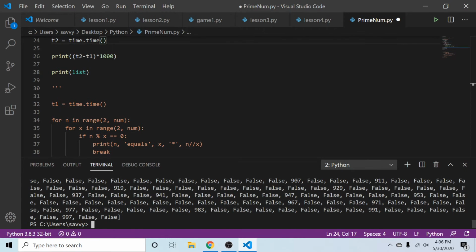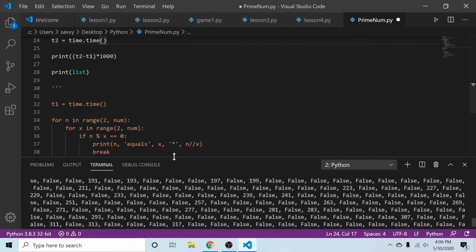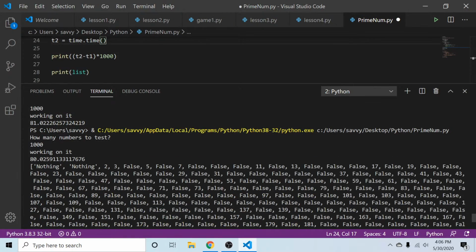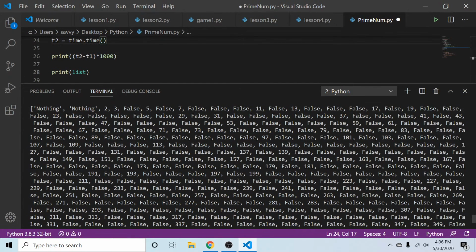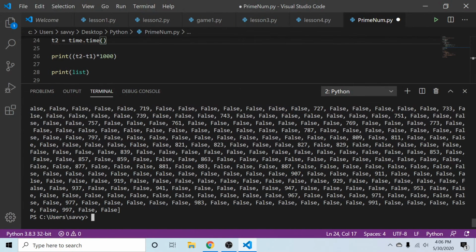So as you can see, this is what we get. Of course, there's 1,000, so there's a lot of information to look at, but it spits out all the prime numbers for us and neatly packages them into one list that we can use and do whatever we want with. All right, and before we go over that function that I created,